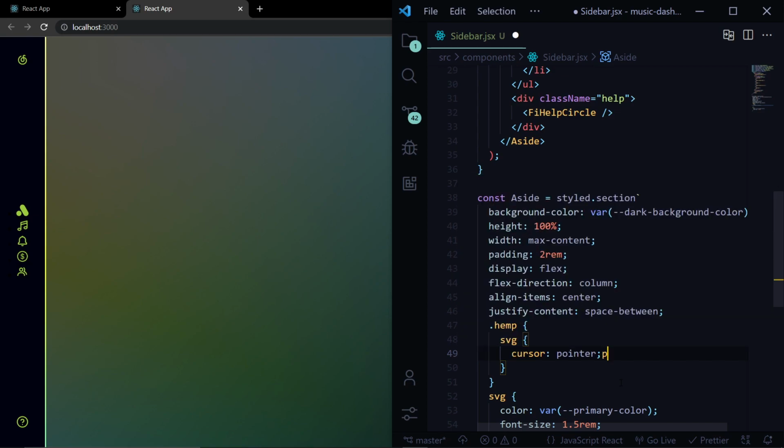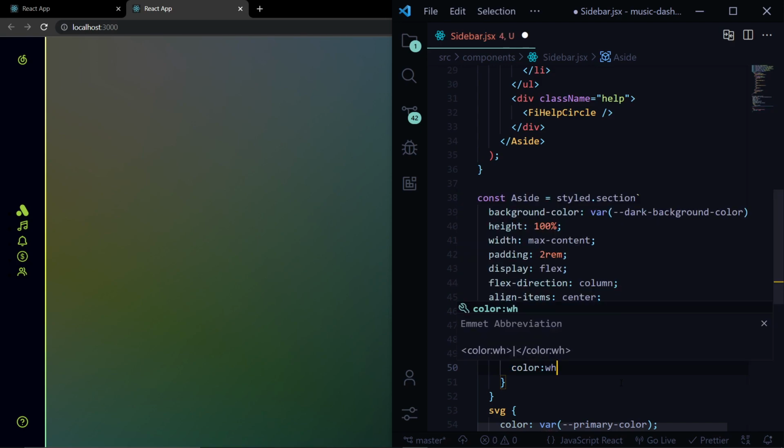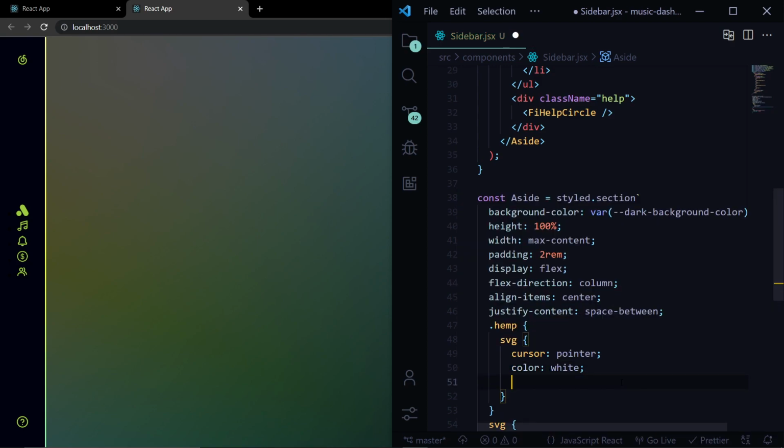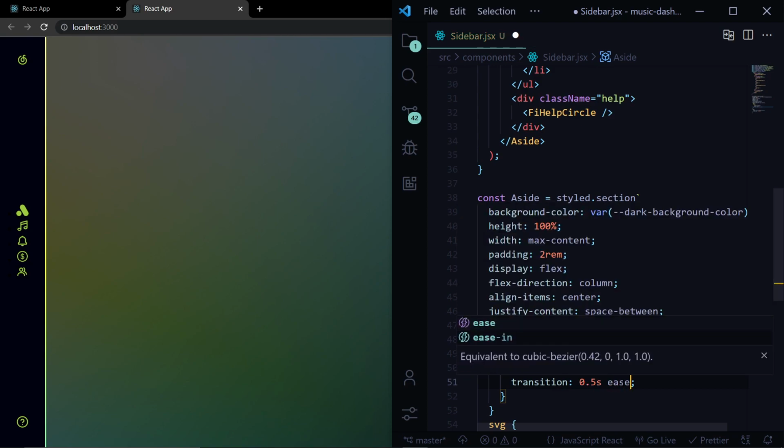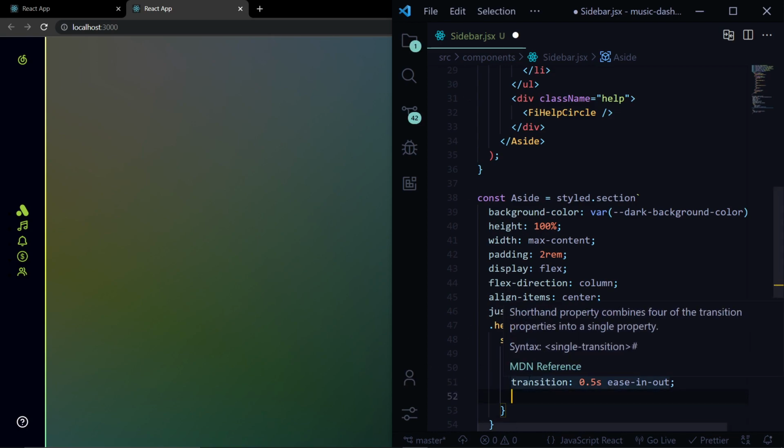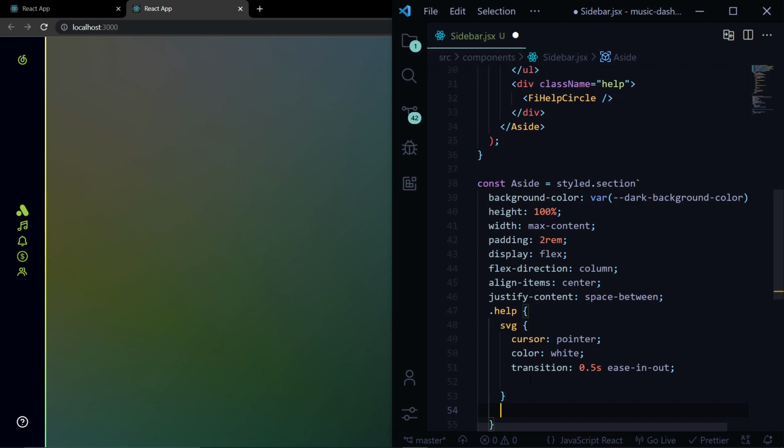We'll give it a cursor of pointer. Then we'll give it a color of white. We'll give it a transition of 0.5 seconds ease-in-out. This would be ease-in-out, and this would be help. Okay, you can see that the color has been changed, and now when we hover over this,